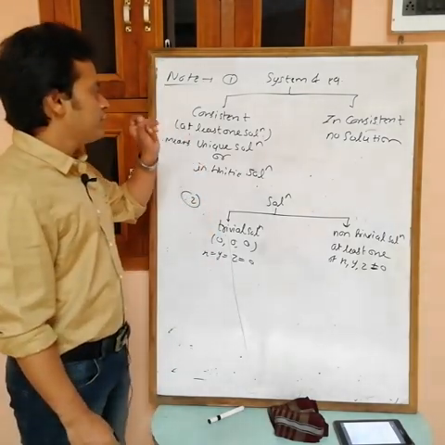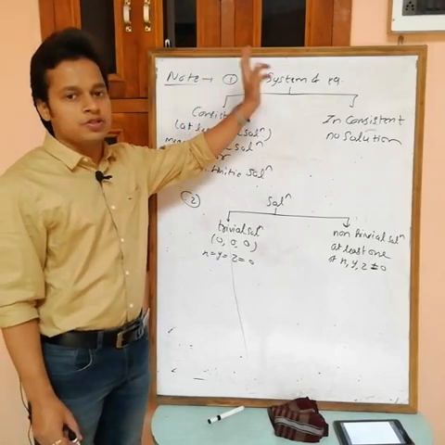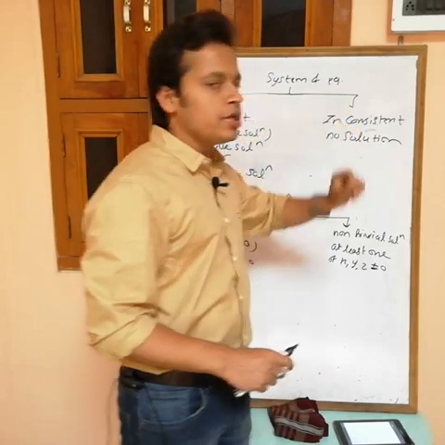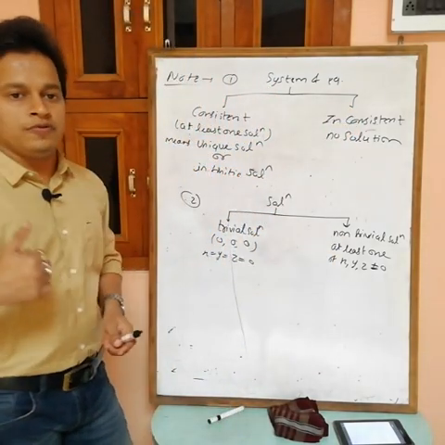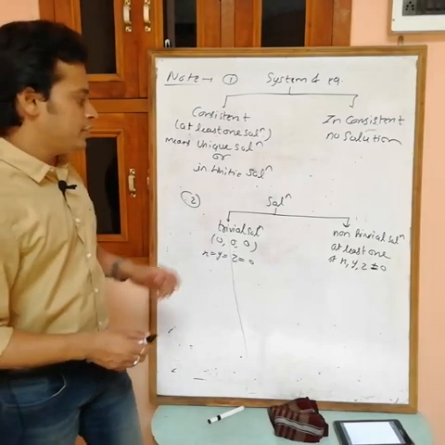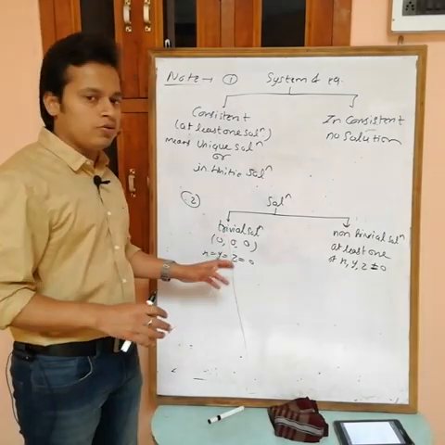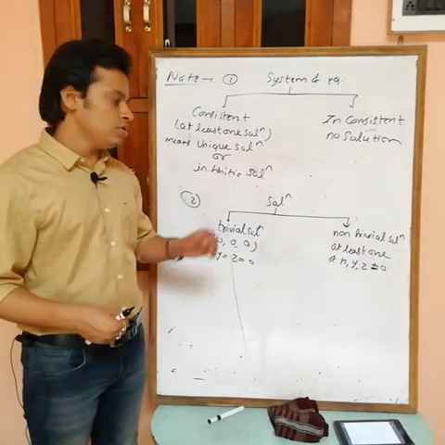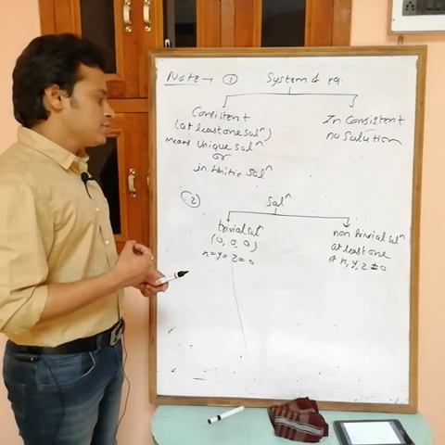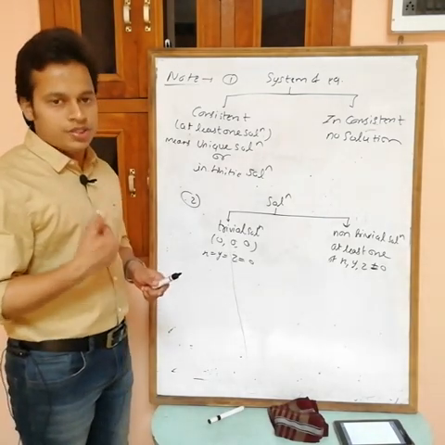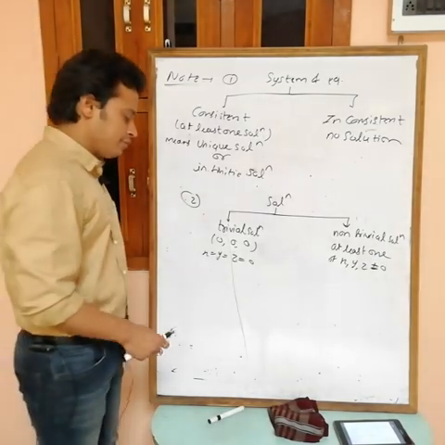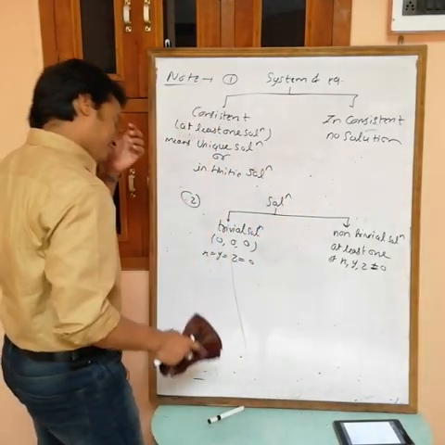Okay. So if there is a solution, then the system of equations is known as consistent. If there is no solution, then the system of equations is known as inconsistent. If the solution we have is x equals 0, y equals 0, z equals 0, then that type of solution is known as the trivial solution. If at least one is non-zero, then non-trivial solution. Okay, write down. After this one, we will take a homogeneous equation, and after that we will take some questions.